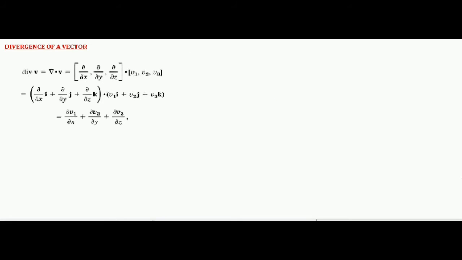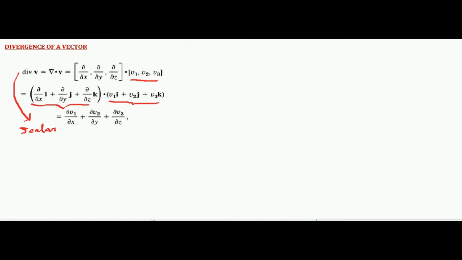Now, divergence is always taken on a vector field. Divergence of a vector field, where V is a vector field here, and V has three components, v1, v2 and v3. In Cartesian coordinates, they can be written as v1 i, v2 j and v3 k. And the del operator can be written like this, and you get a scalar. So divergence of a vector function always gives you a scalar function. Now the question is, what is the physical significance of divergence of a vector function? Let us turn to electrodynamics to understand that.